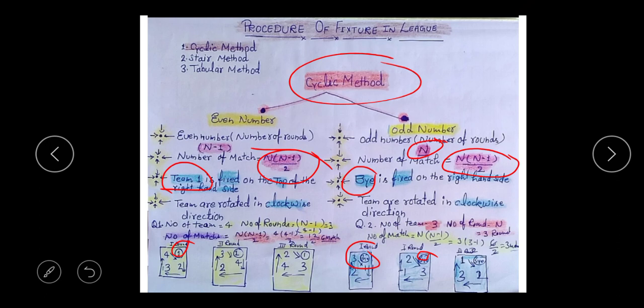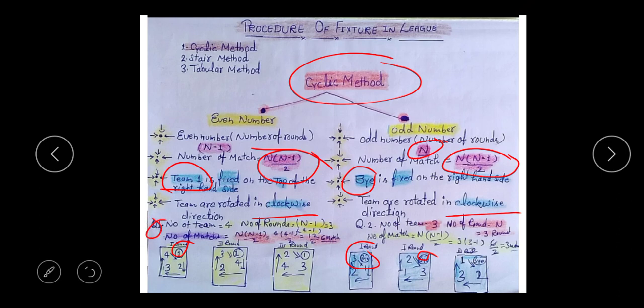Clear? Understood beta? Both are correct. Evergreen Public School, Evergreen books give the clockwise direction. Anti-clockwise direction, no problem, but according to the rule, clockwise direction rotation is used. Clear? Then we give one example.